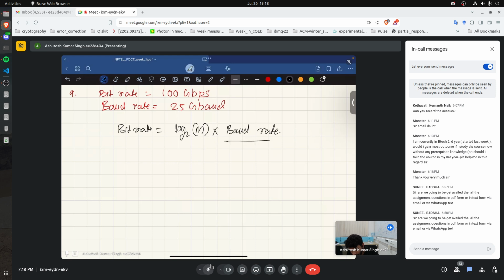I have been given the baud rate in the question, I have been given the bit rate in the question, and from that you can calculate m, and this will give you your modulation format. Now let us look at the next question,